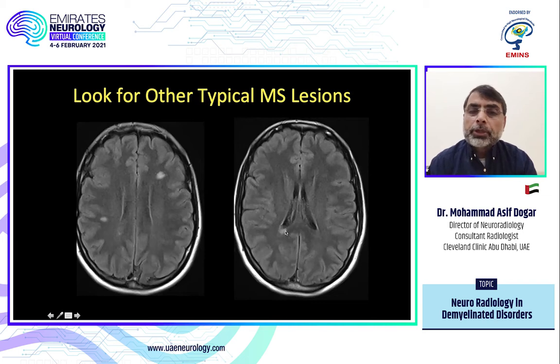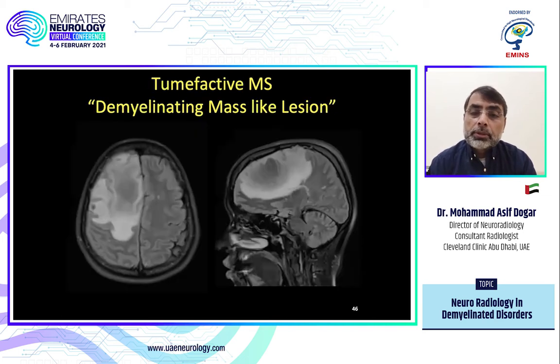So that was one spectrum of tumefactive MS. This is also a tumefactive MS, although normally we said they don't have edema, they don't have mass effect. So this is one of our cases. This is a very large lesion. There's edema along with it. There is also mass effect, and you can see how here the ventricles are compressed. But there's some peculiar finding here. You can see these lines going through here. These we usually don't see in mass lesions.